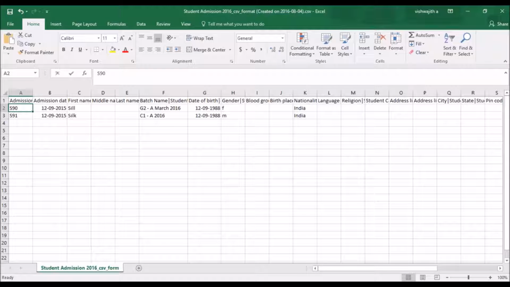Now here, I'm admitting few students. Let's say I have a student by the name S93. This is the admission number, S94. Let me admit 3 students into this batch. Now I can give some admission dates, the name of the student, and then I'm filling in the mandatory details here.